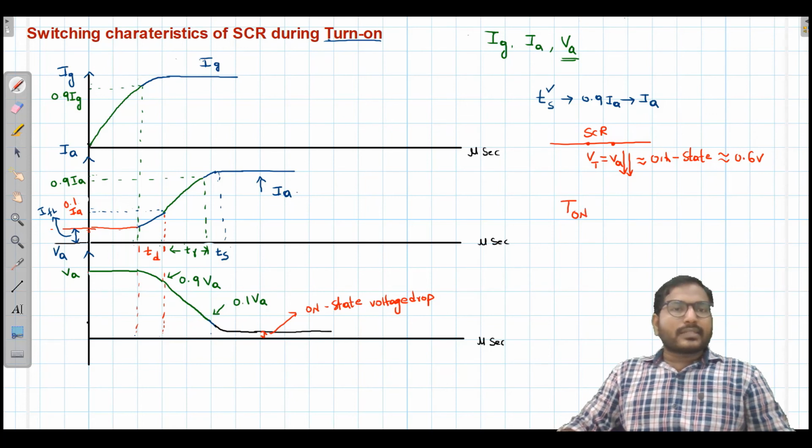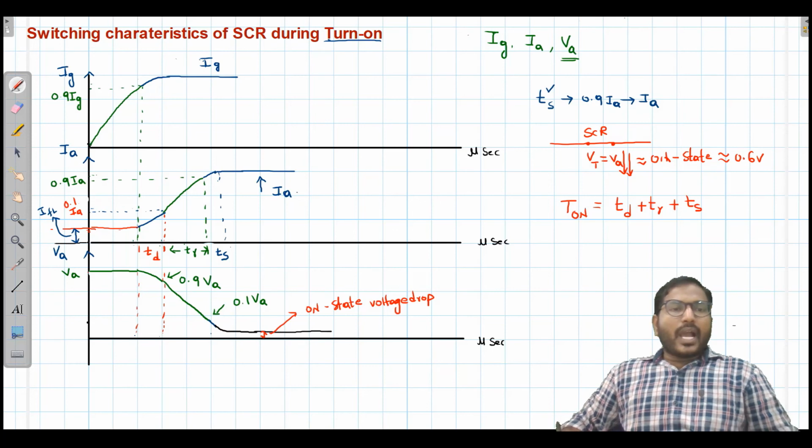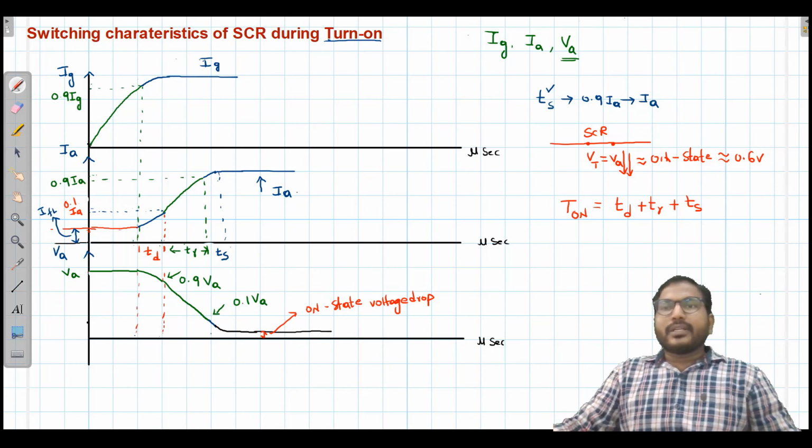The conduction is improved from leakage current to 0.1 IA during TD, that is called delay time, and from 0.1 to 0.9 during rising time, and 0.9 to complete conduction during spread time. Okay, right. And one more important point here,